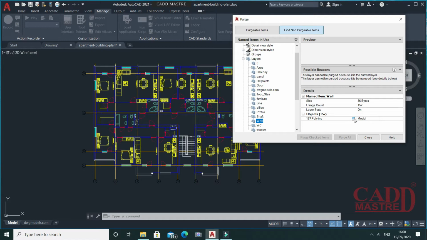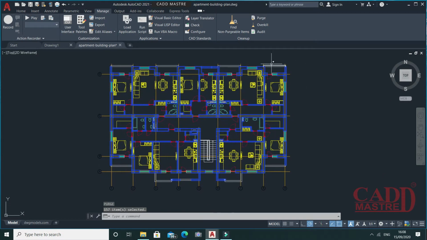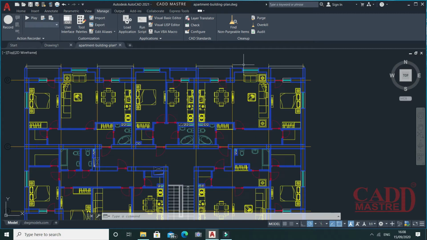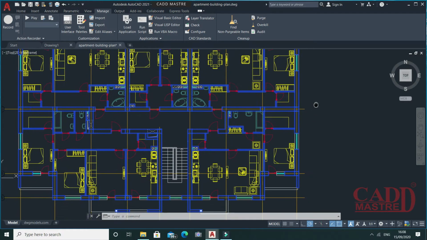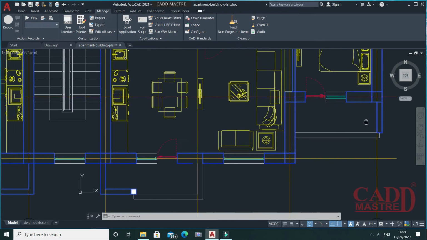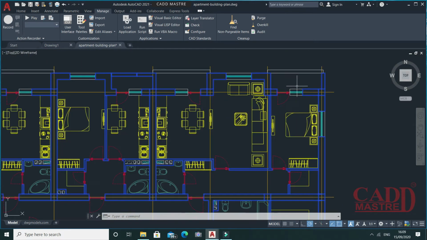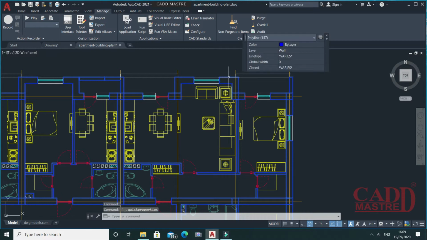Now there is an option called object selection. So you can switch from the purge dialog box and it will directly select the atom in the drawing. So here you will see the wall of the drawing gets selected. If you want to change the property, you just have to double click on the wall, and here under the layer you can change the layer property.